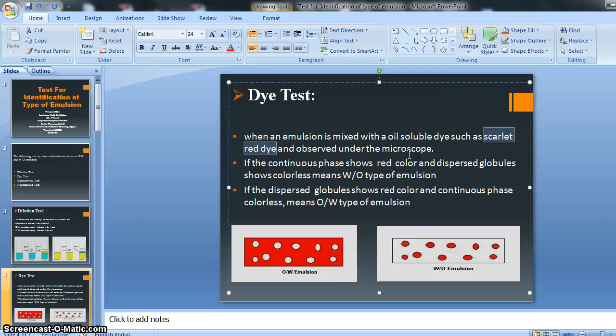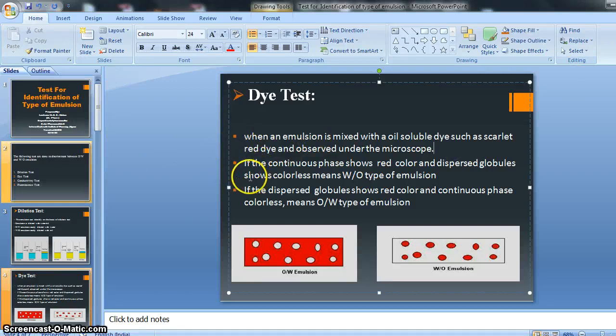This dye has a property: it is easily soluble in oil, but not in water. So by this we can easily identify.